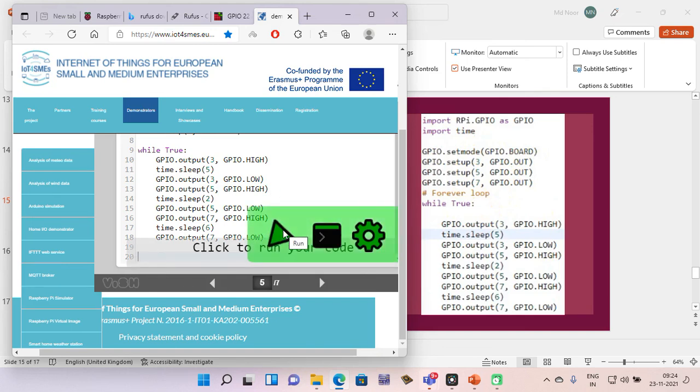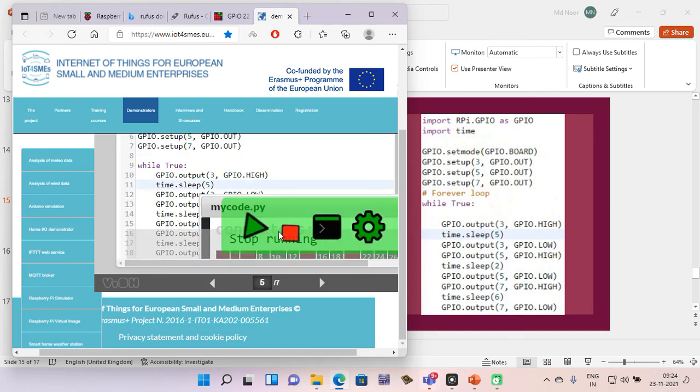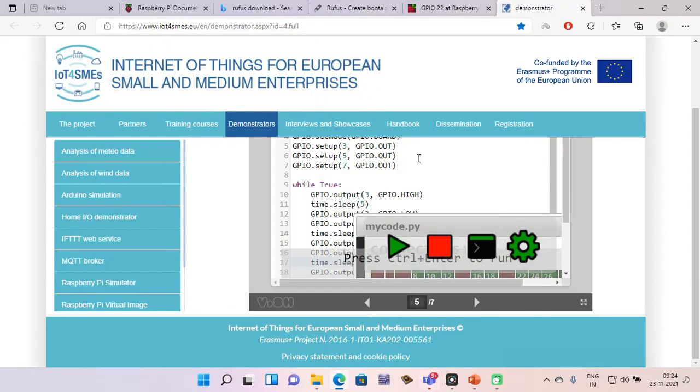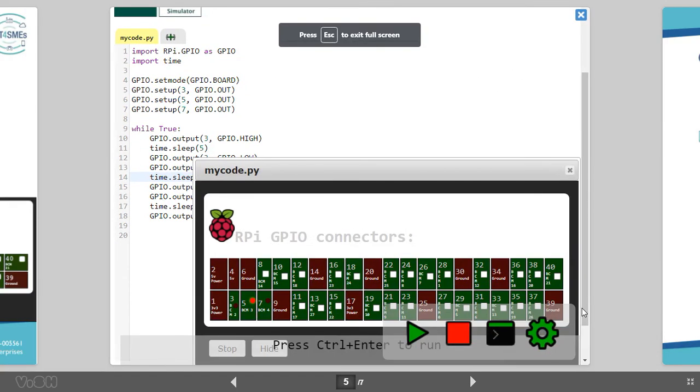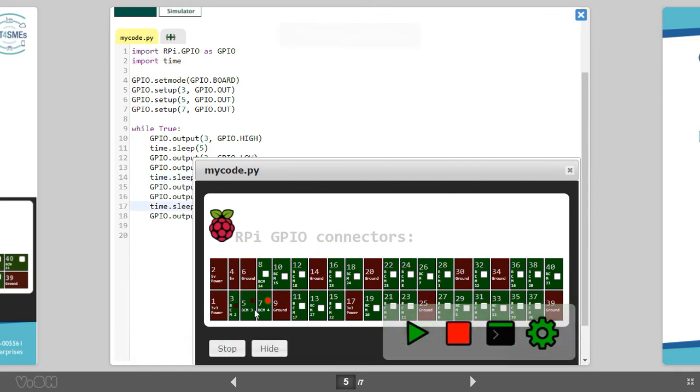So let's play with it. Let's simulate. Click the run button over here. I think let's go to full screen mode. Okay. You see? Forever loop.